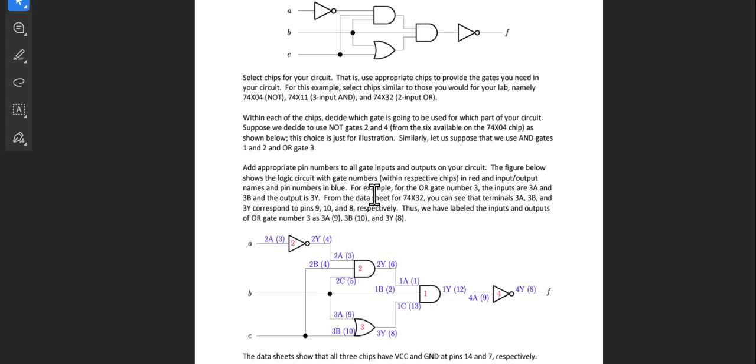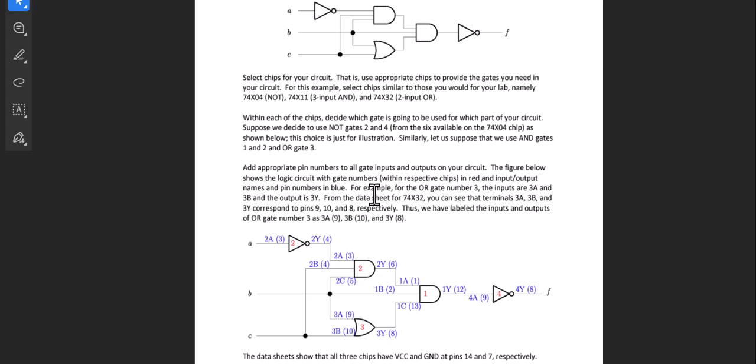The example has 2 AND gates, 2 NOT gates, and 1 OR gate. It's saying that the number on the gate corresponds to the number that you're using on the chip,